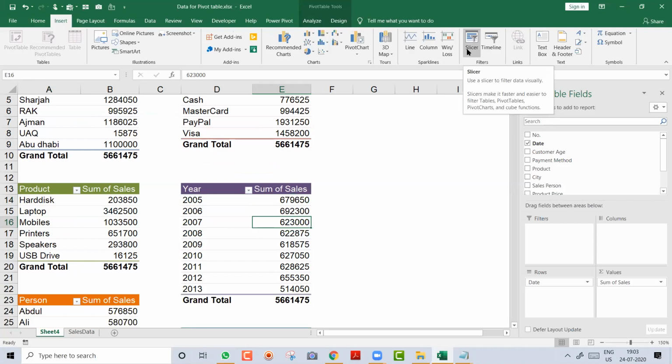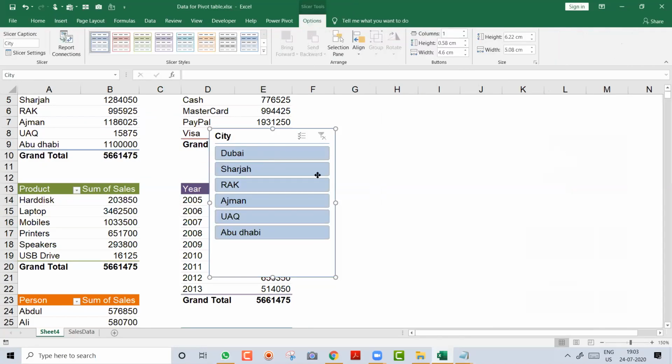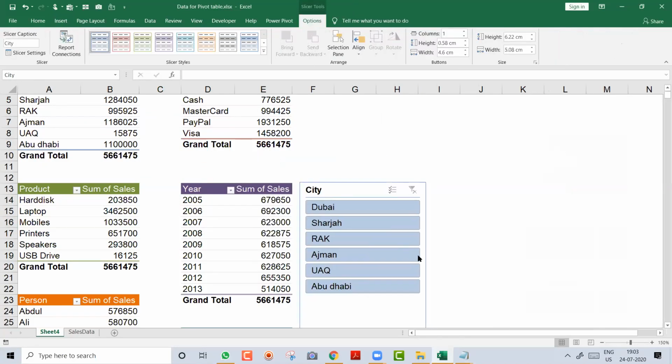But Rameshwari, Vishesh, and I think JK or some third person, those who are using 2007, you will not get the slicer option. You have to see this and become happy. But other people can practice. I click on Slicer. I want a slicer of City and I say okay. And you will nicely put this slicer for this report.